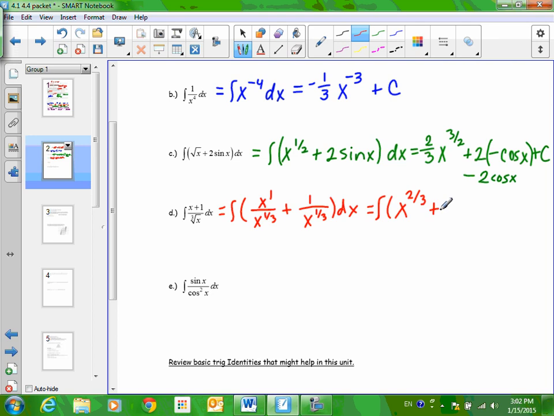All right, what about the next thing? How could you rewrite this so that it's not a fraction? X to the negative 1/3. Exactly, x to the negative 1/3. You will need